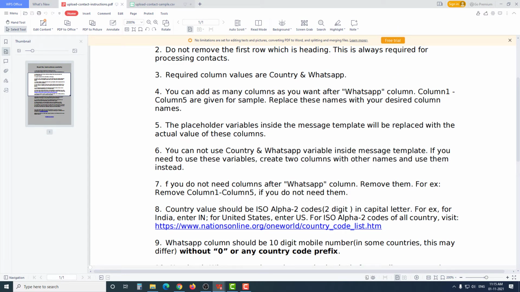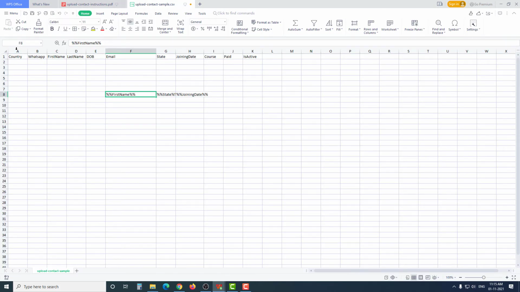The next is you cannot use the country and WhatsApp variables inside the message template. Those two required columns, country and WhatsApp, cannot be used as variables inside your message template.